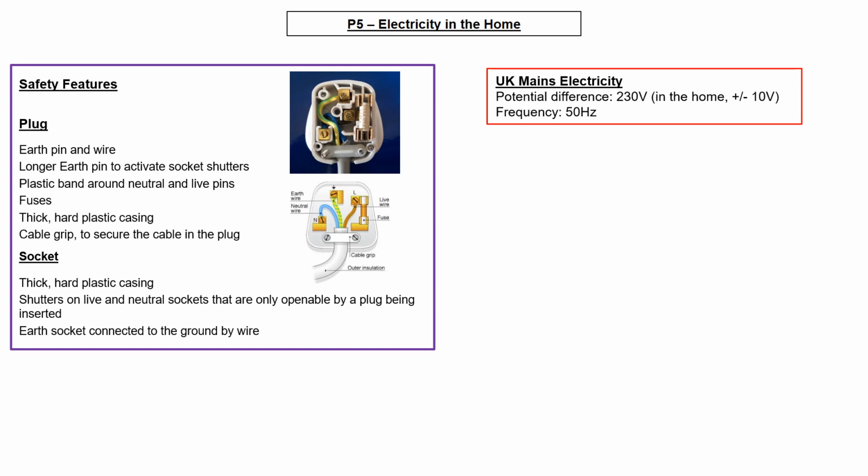That's important because in other parts of the world it actually runs at 60 hertz, so you will end up with a flickering effect sometimes if you try to plug in an appliance that's not designed for it. Most of them in the UK, most of them in the world now, are designed to run at 50 and 60 hertz, and at a range of potential differences, mainly because we're in a global economy where we like to be able to take our appliances to other parts of the world, and also big companies like to sell them to other parts of the world.